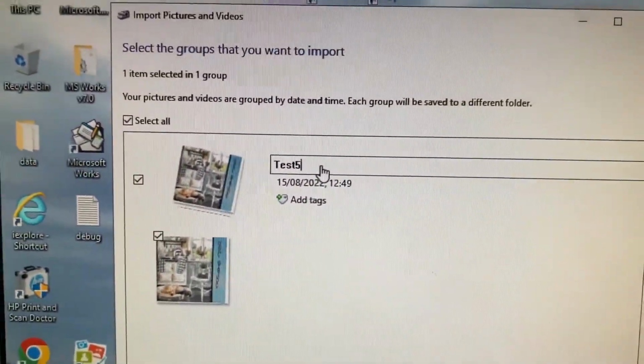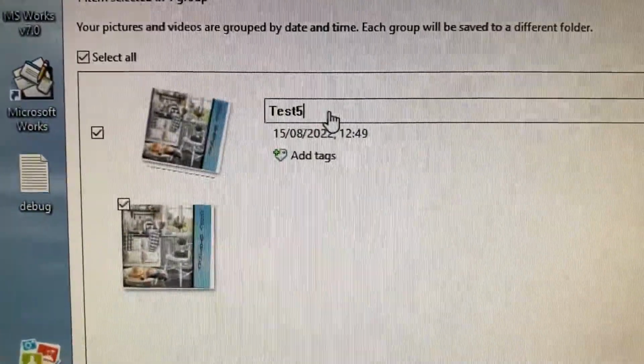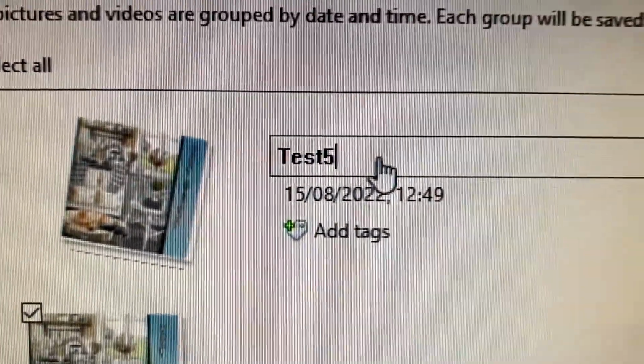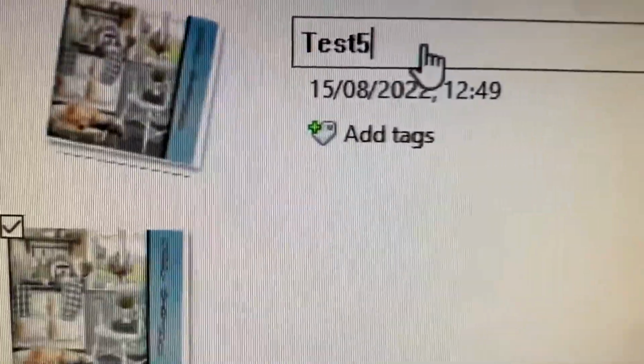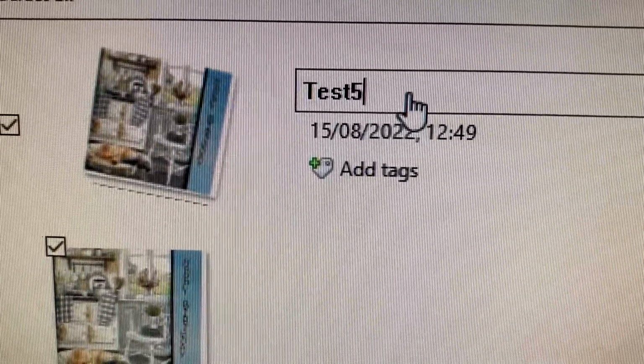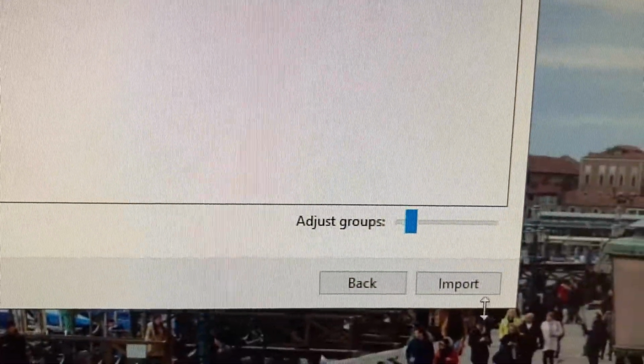And I should say in the settings of this program, I've actually told it to save according to the name I give it. So there's different ways you can save it by date and all kinds, but I've called this picture test 5, and that's what we're going to be looking for in a minute. So we click import,